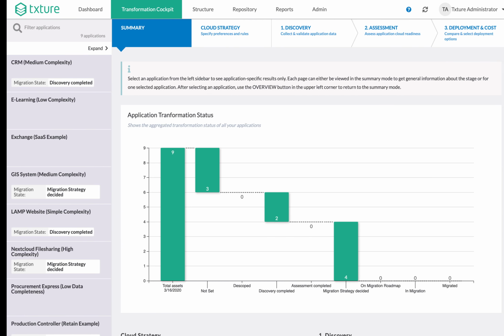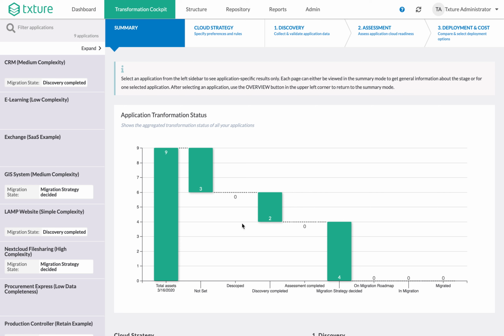Let's dive right in. You can access the Cloud Transformation Cockpit via the Transformation Cockpit button on the top navigation bar. The goal of the Cloud Transformation Cockpit is to guide you along the entire journey to cloud, from the initial definition of the cloud strategy to the discovery of your application and infrastructure landscape, to cloud readiness assessment, and also to managing your target architectures, recommending your target architectures, and comparing target architectures in terms of technologies and costs